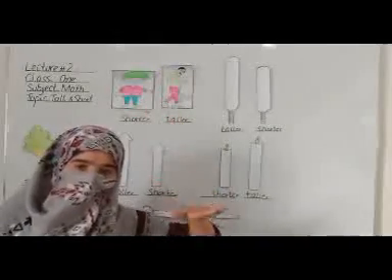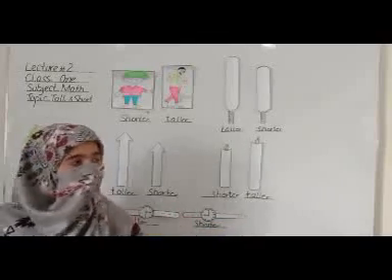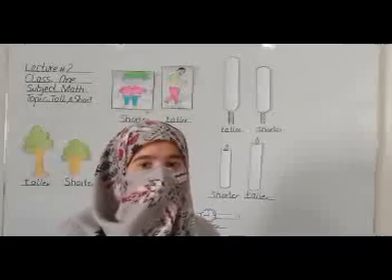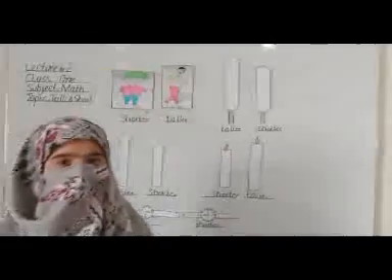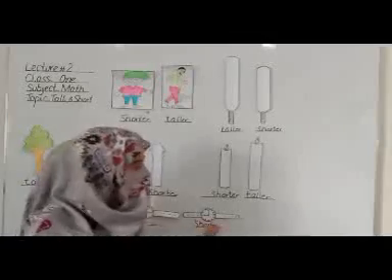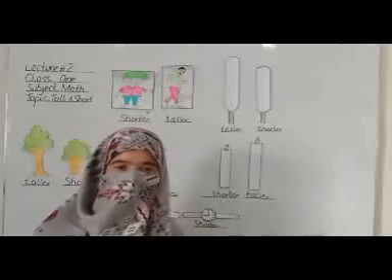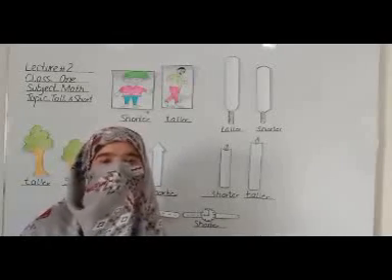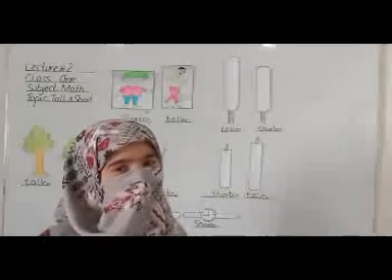Taller means lamba and shorter means small. Okay? All of you clear the concept about the big, small, taller and shorter. Okay students? I hope all of you learn about this concept and you do this work in your book with neat writing and neat color.